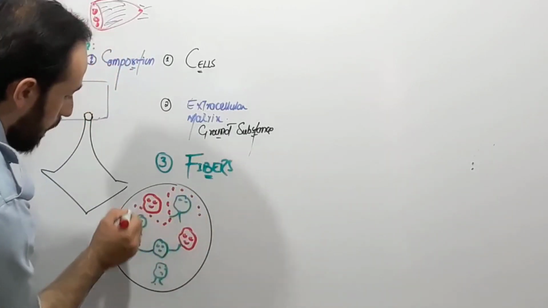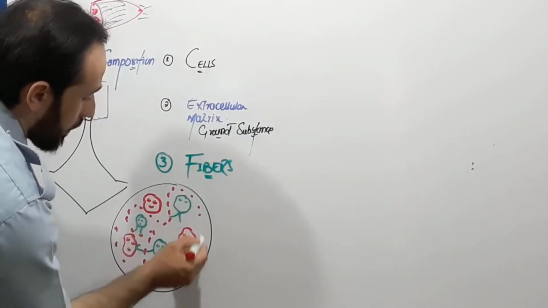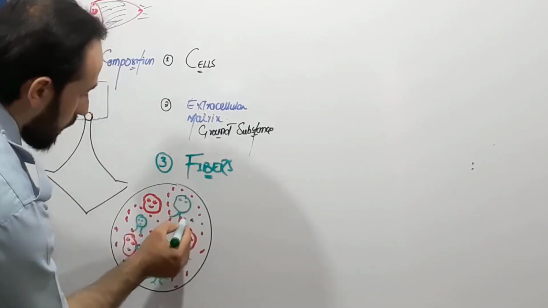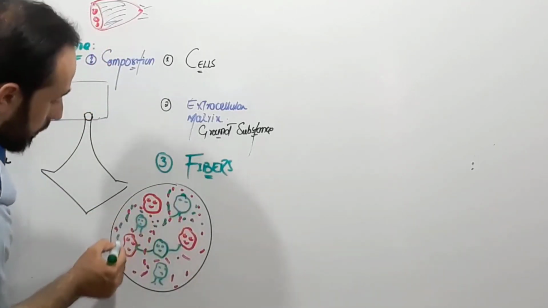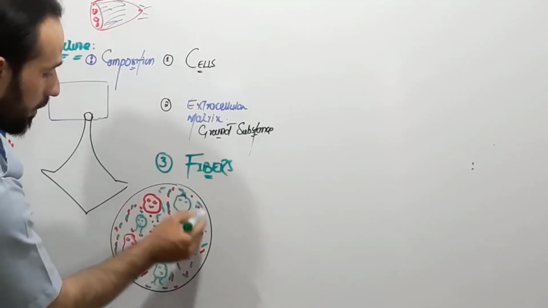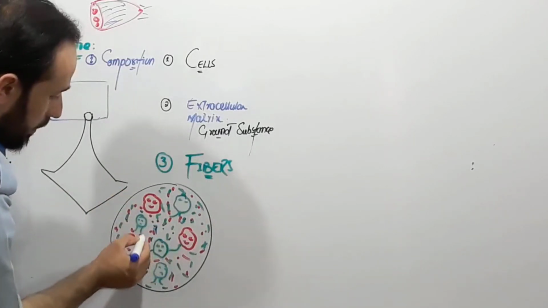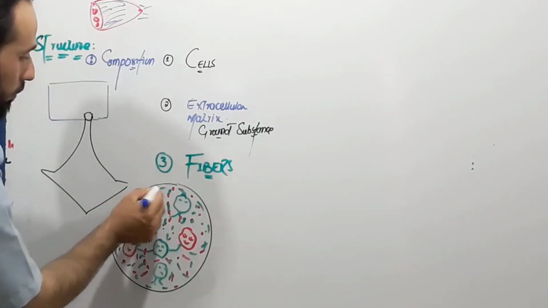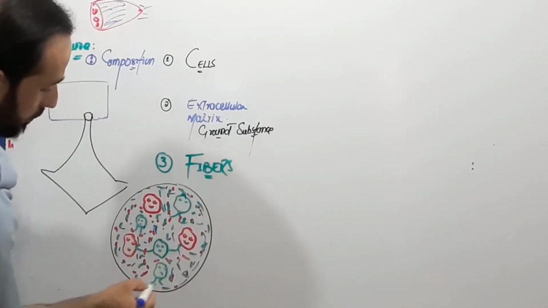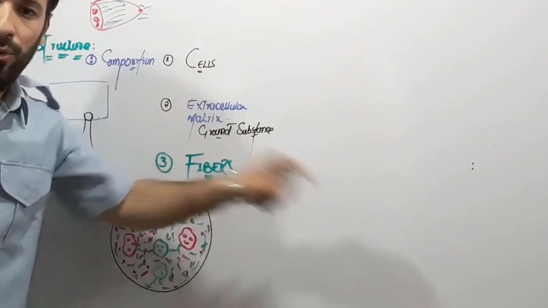So look carefully, I am making three types of ground substance in this connective tissue. Look, the red colored ground substance, then the green colored ground substance, right? Every connective tissue has this green colored ground substance, and then there is the blue colored ground substance, right? So the ground substance is made up of how many components? You can see on the whiteboard, 3 components, right? I will write it there and I will discuss the ground substance.